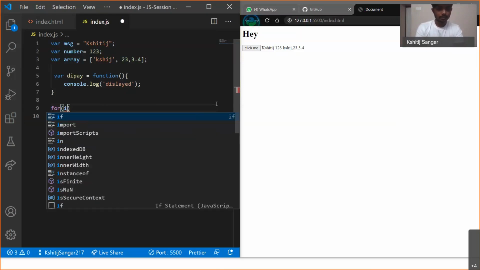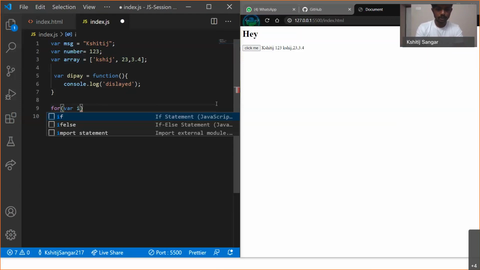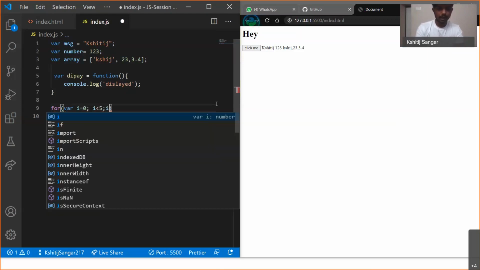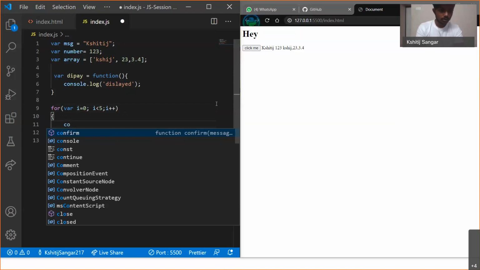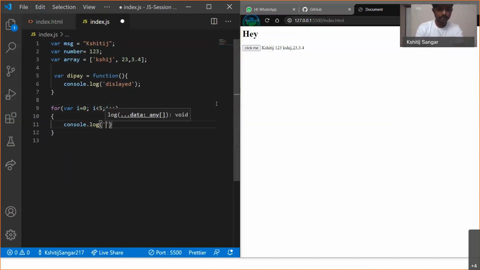I'll say var i equals 0, i less than 5, i plus plus, and you can notice that the syntax is exactly similar to our C syntax. Then I'll say log, and I'll pass the variable i.